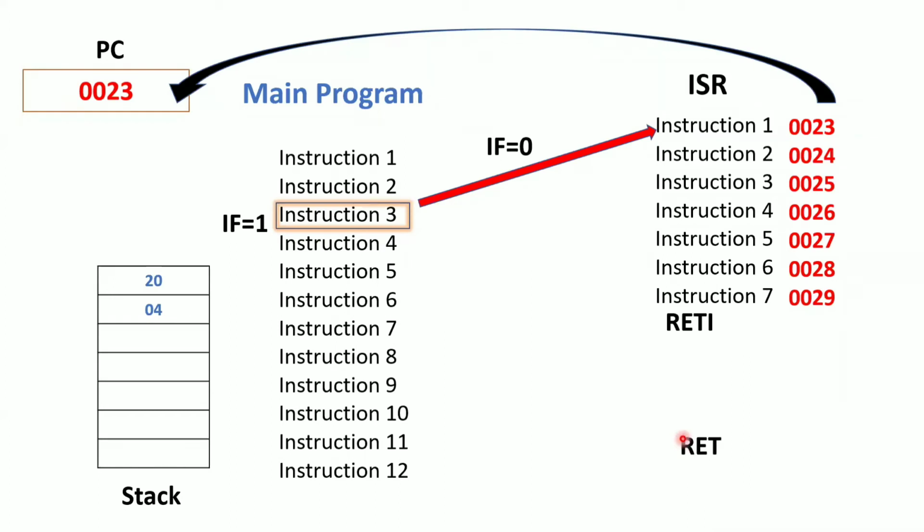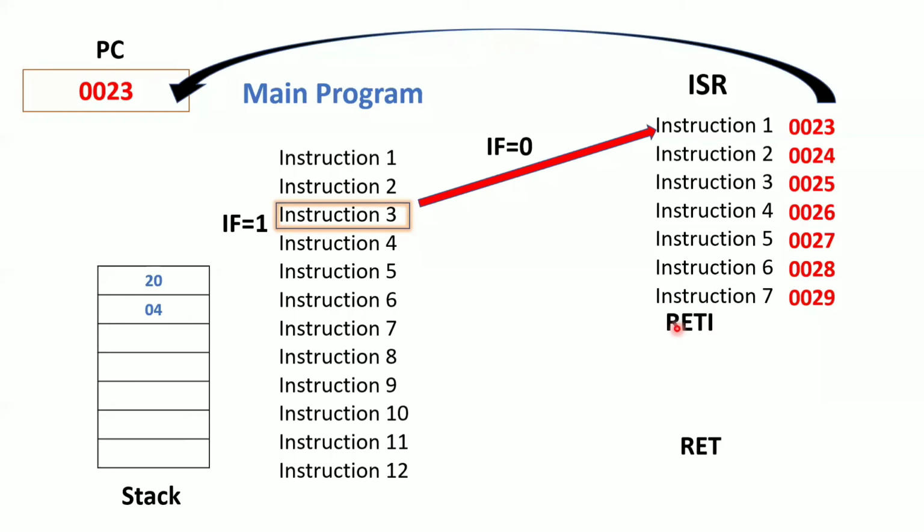So during the execution of subroutines, at the end of the subroutine, we need to write the instruction called RET. Now coming to the ISR. ISR is also just like a subroutine, but it is different. The function will be executed whenever you call the function. The interrupt service routine will be executed whenever the interrupt is generated, because internal peripherals like timers or serial port generate the interrupts. Whenever the interrupt is generated, then the ISR will be executed. The subroutine will be executed whenever you call it. So during subroutine calls, I will use the return instruction. During the interrupt service routine, I will use the return from interrupt instruction.